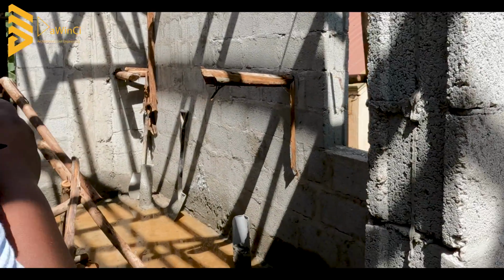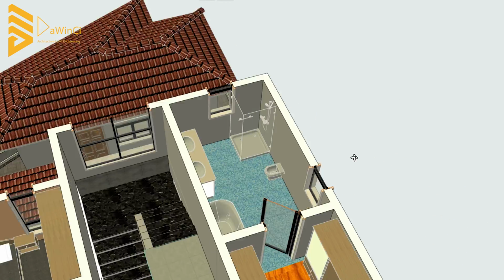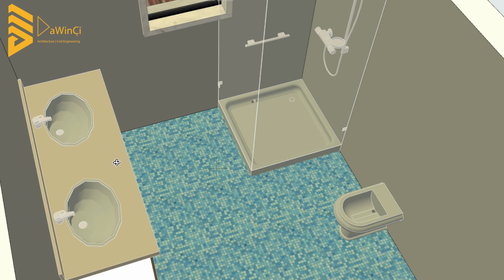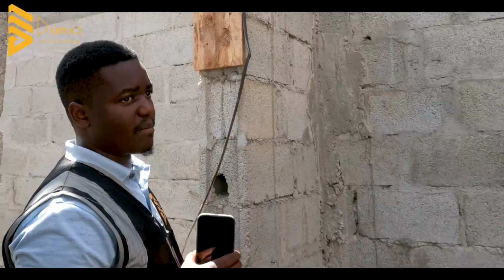So this whole thing is actually going to be a bathroom. It has literally a shower cabin, it has a bathtub, it has 2 sinks, okay, 2 wash hand basins, a twin wash hand basin, and everything else that you need in a bathroom, cabinets and stuff like that, at least for the masters. Back to this side,